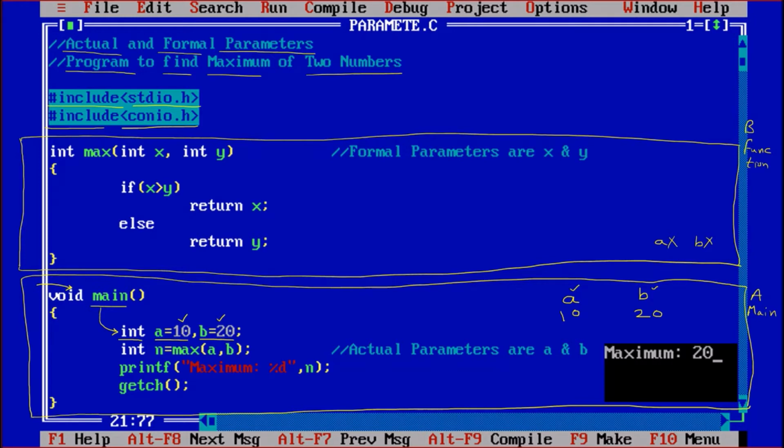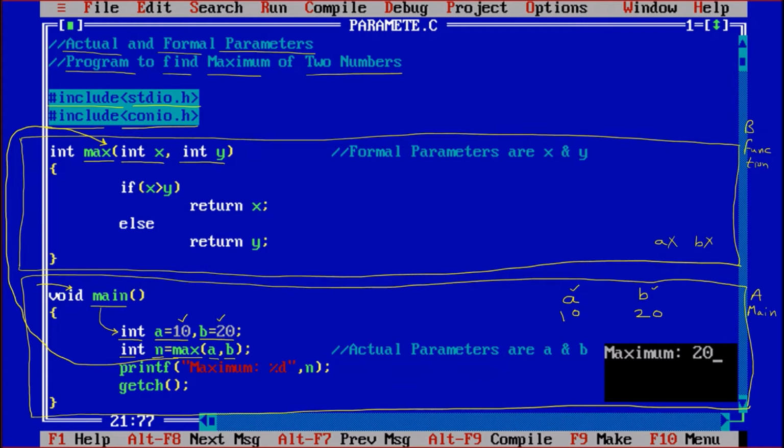Then after that we are saying int n equal to max. So max is some kind of function. Now the compiler will see it. The compiler will check whether some function is available. So the compiler will go above and check for the definition of that. Now yes, the function named max is available. The compiler will see that there are two arguments present, one is argument a and the other is argument b.